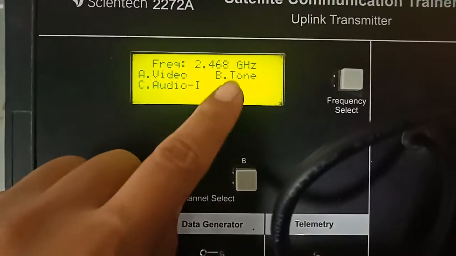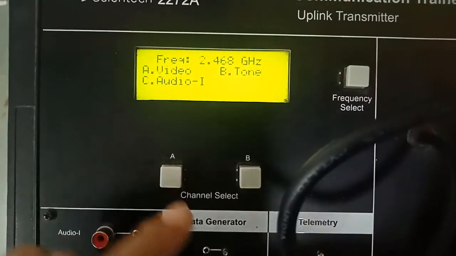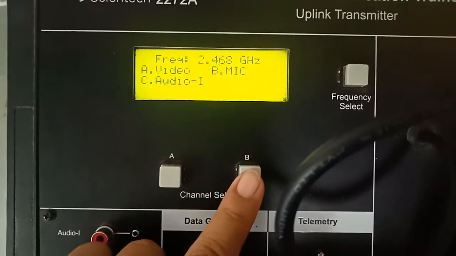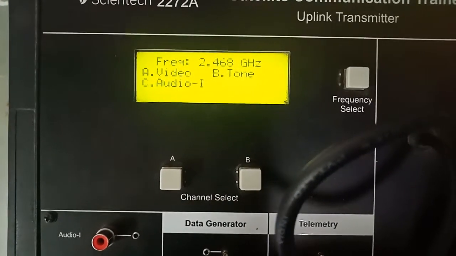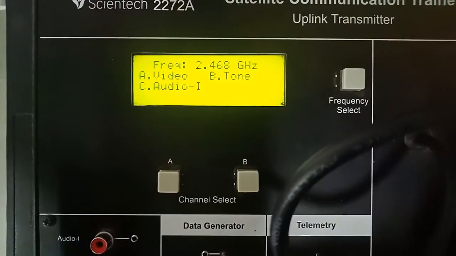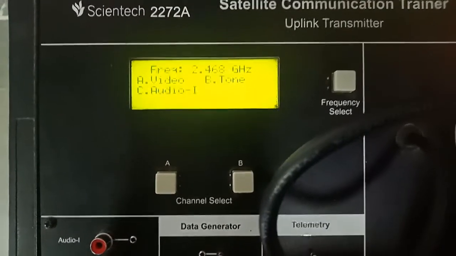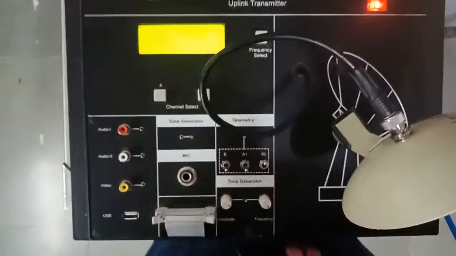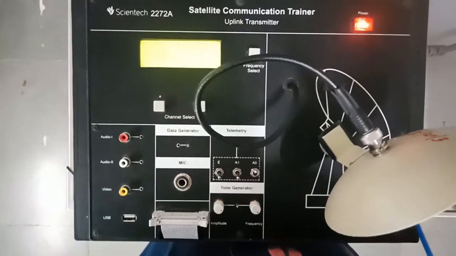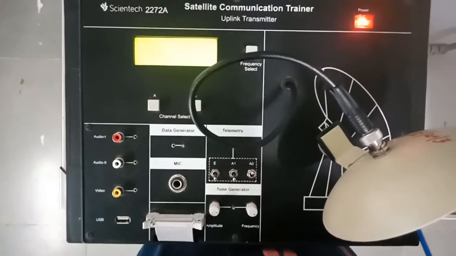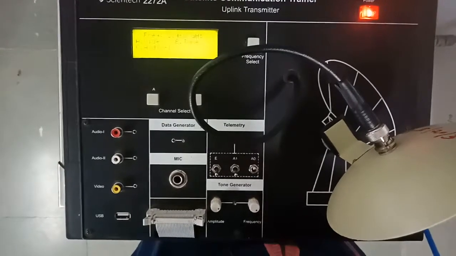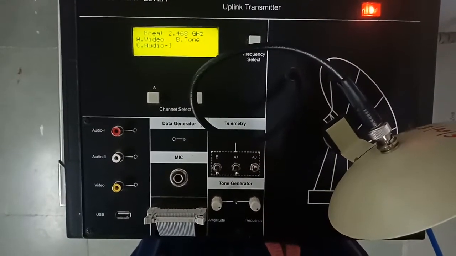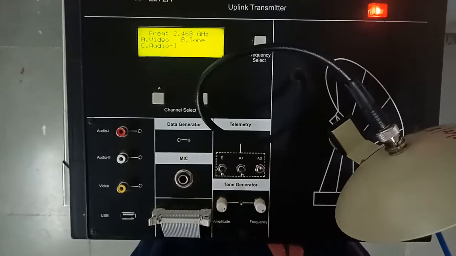And channel B, at present I have kept it to the tone. I am not touching the A or C channel. So my uplink transmitter is ready to transmit the signal with a frequency of 2.468 GHz and channel B in the tone mode.